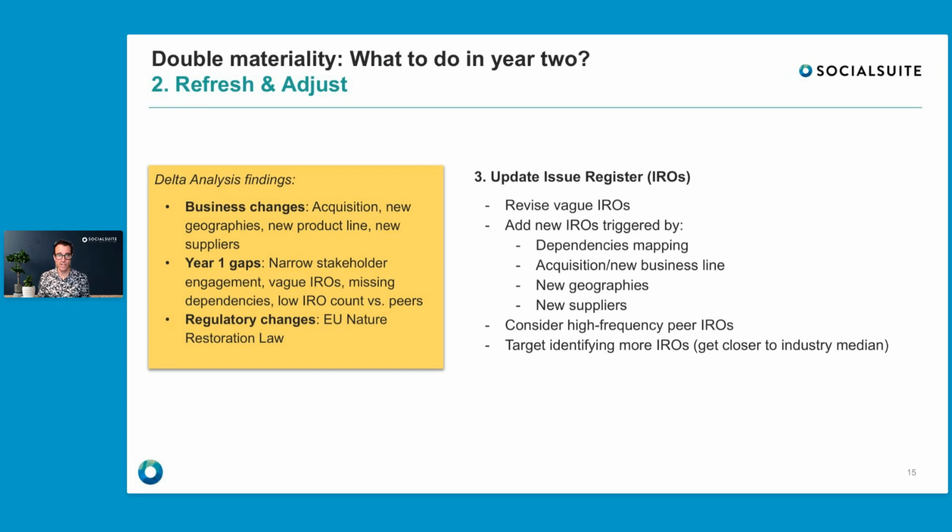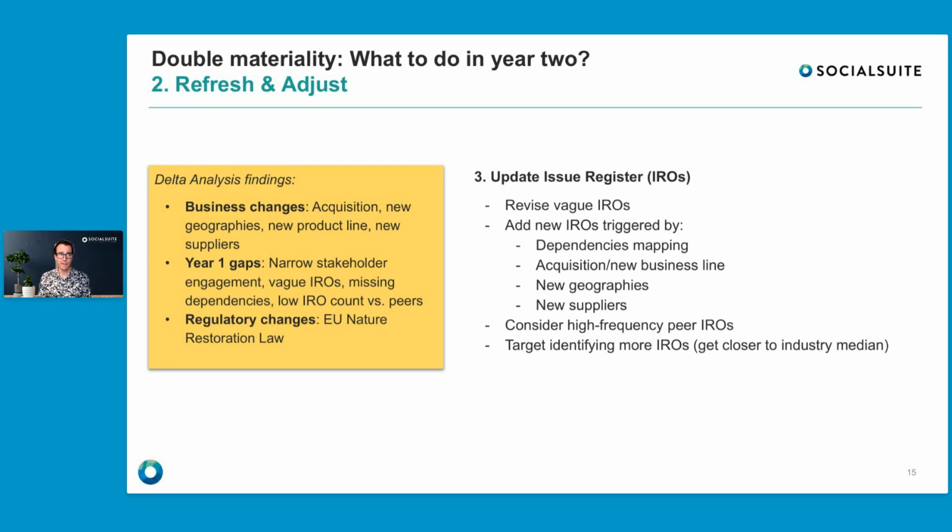It doesn't just say something vague like impacts from climate change. What does that mean? Impacts for whom, where, related to what activity, etc. The next step, once we've clarified those IROs, and again, this might be something you don't have to do because you did a really good job at that in year one: look then at, are there any new IROs?